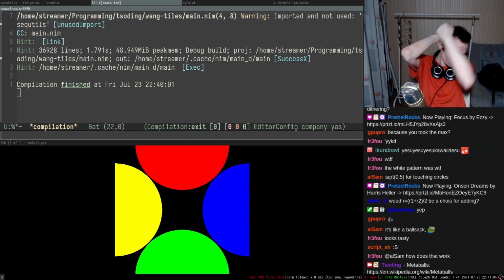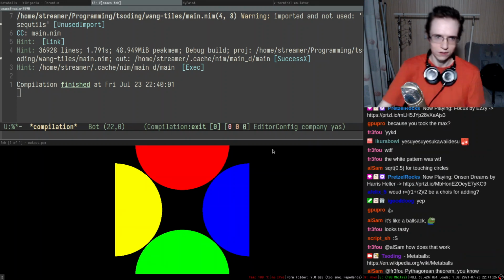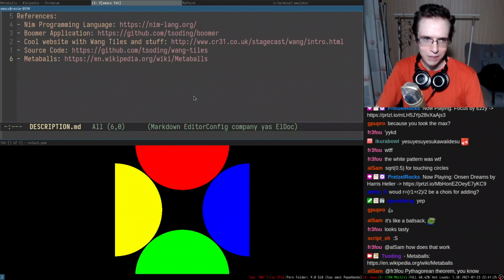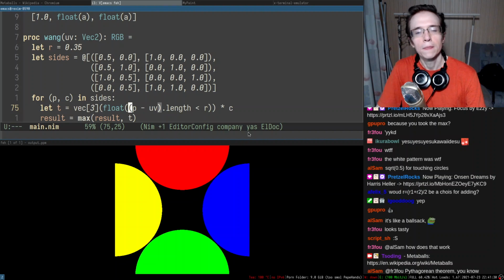I'm not going to go super crazy on this thing, and I'm going to simply add the gradient, right? But having metaballs would be way cooler.